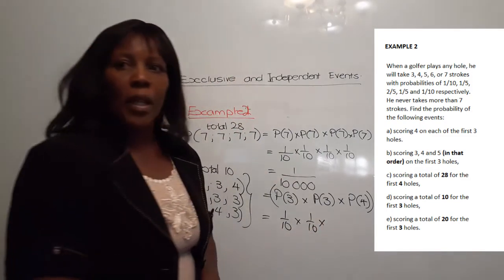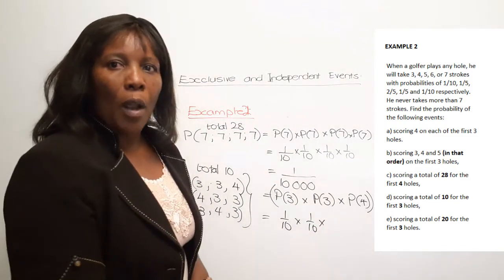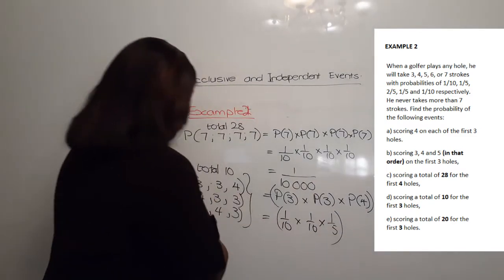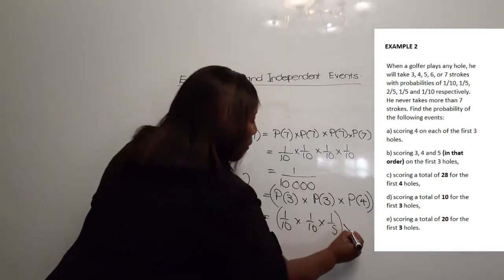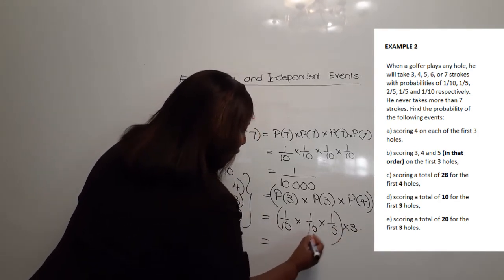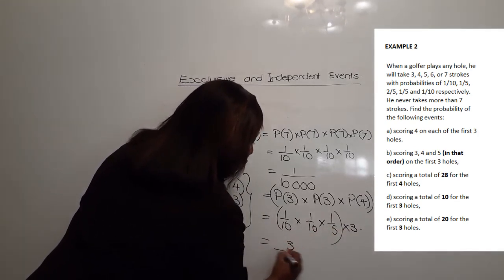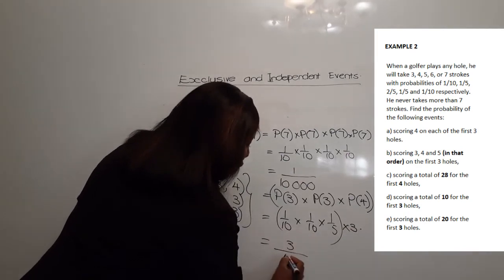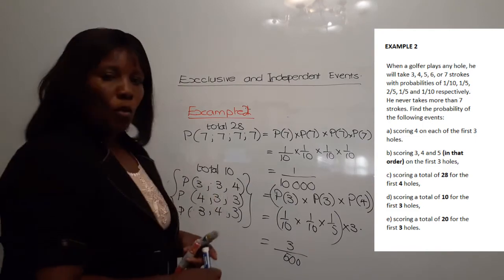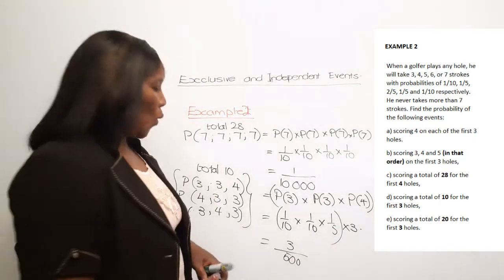And for you to get a 4, it is 1 over 5. So this is the probability of one of these. There are 3 of them, so multiplied by 3. So we are getting here 3 over 500. This is the probability of getting a total of 10, which we can do in